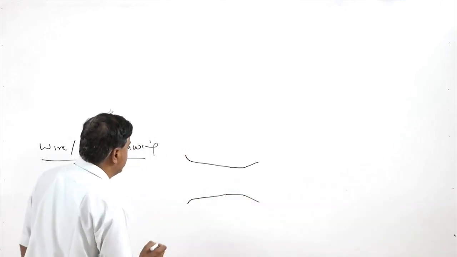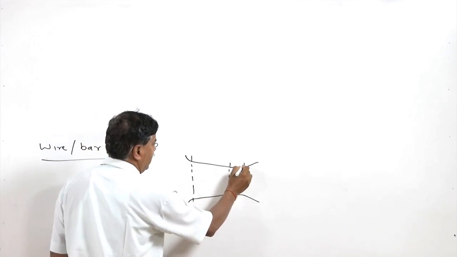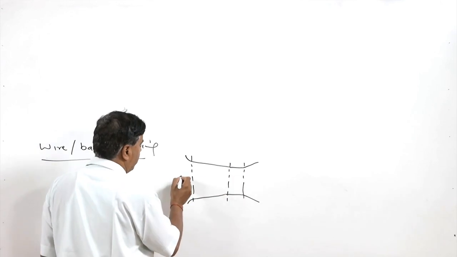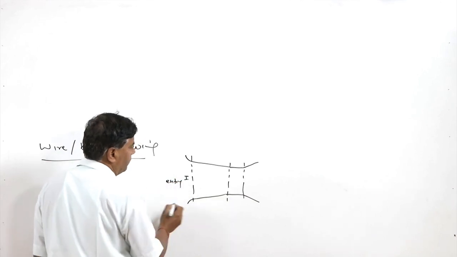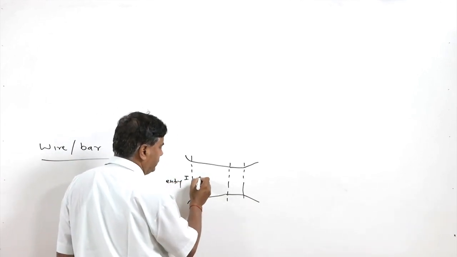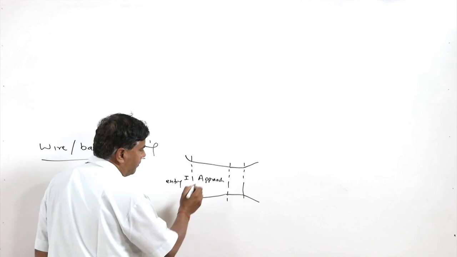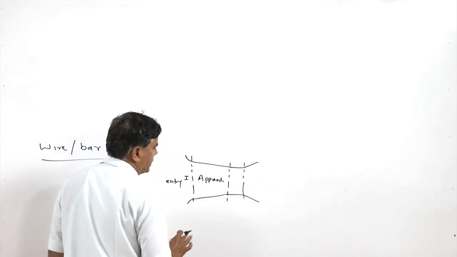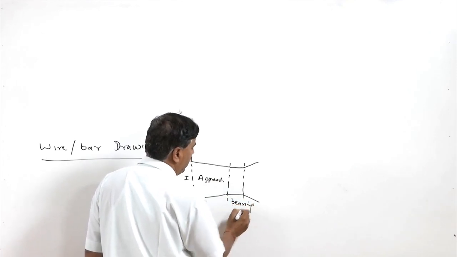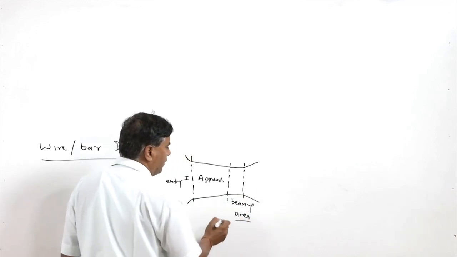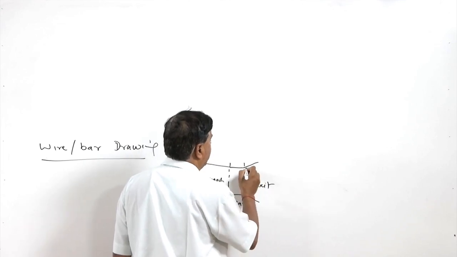Here, if we see, there are few sections: this is the first one, this is another one, and this is the third one. So, there are 4 zones. This one we can say is the entry zone, and this is the approach zone. Here the reduction in the cross section takes place, and the final size, this is the bearing area. So, the final size is determined by this,